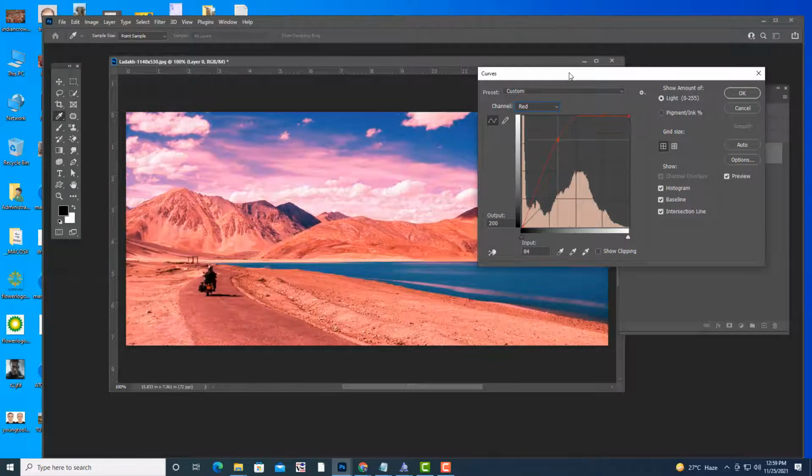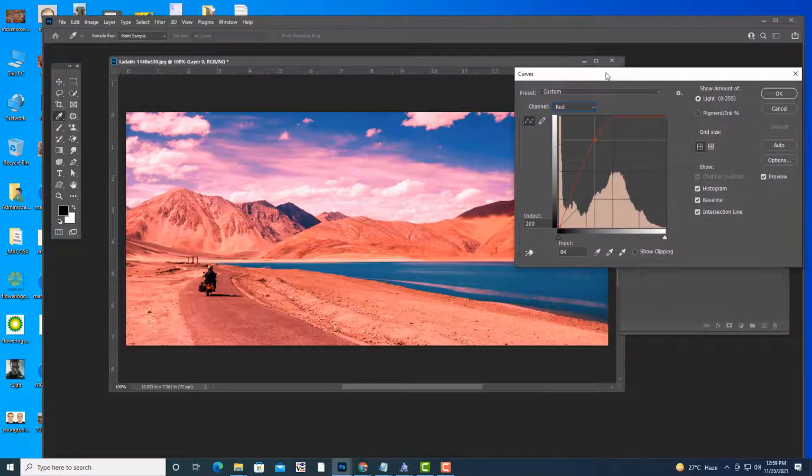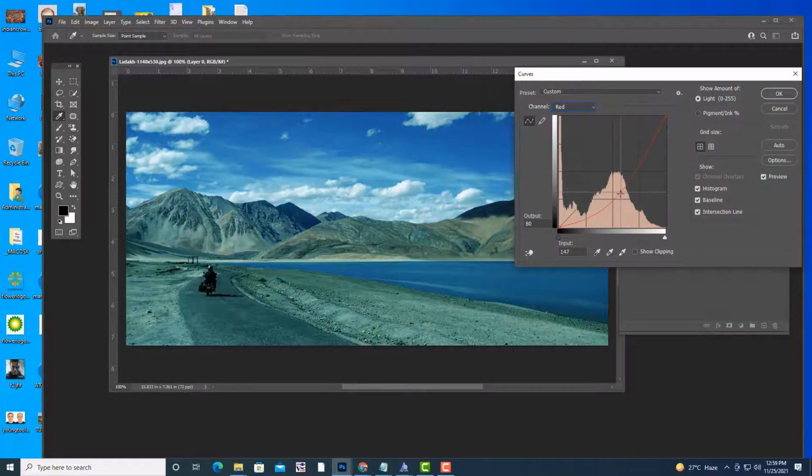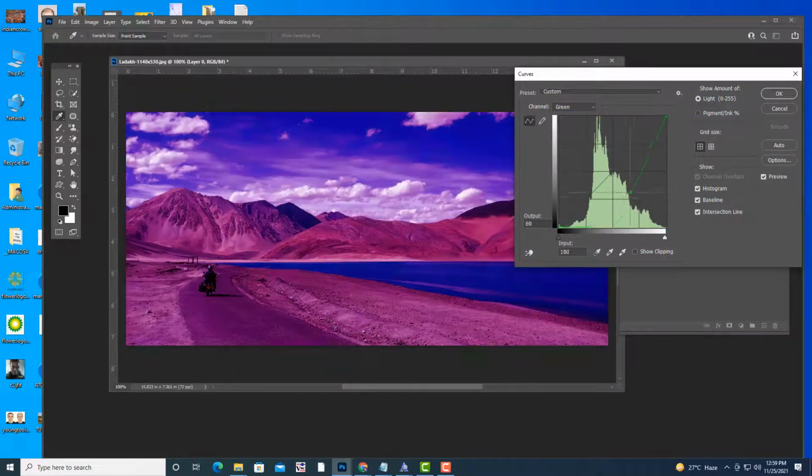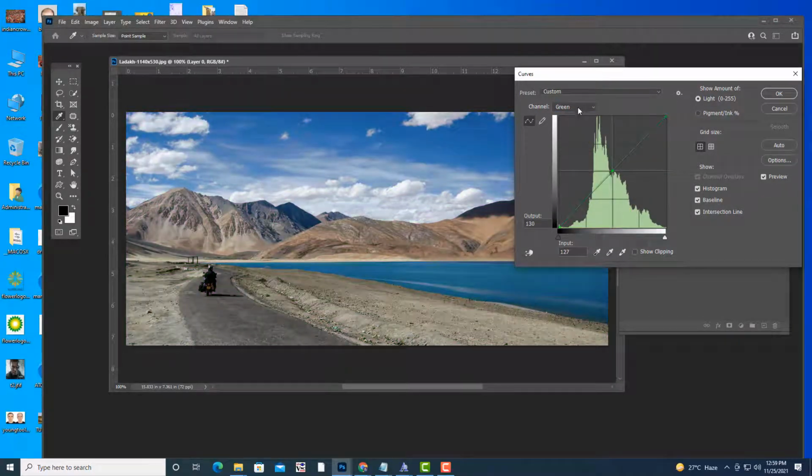See, now it has become very reddish. If you want the opposite color of red, what is the opposite color of red? Just now I told you. Cyan. Understood now? So you can control the individual colors. Blue and yellow.